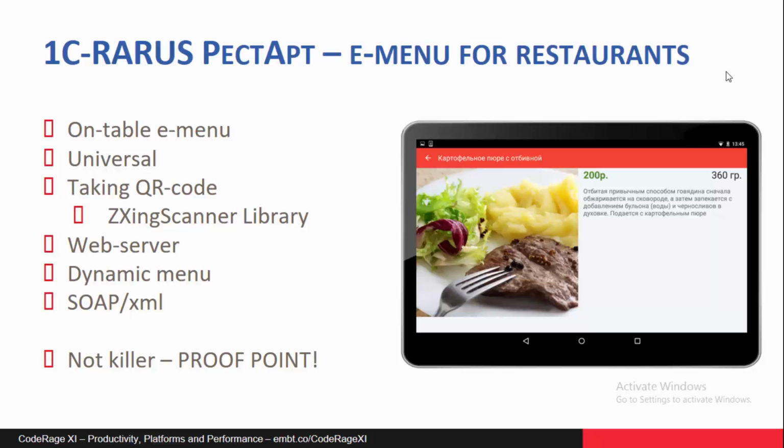So the special ZXing scanner library in Java was used in the Delphi project to take a QR code and then go to the centralized web server and download the sections and descriptions of dishes, and all this content is dynamic, of course.